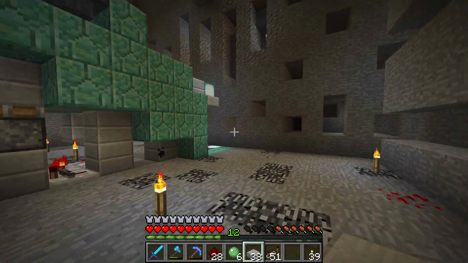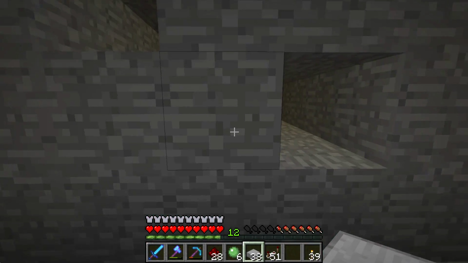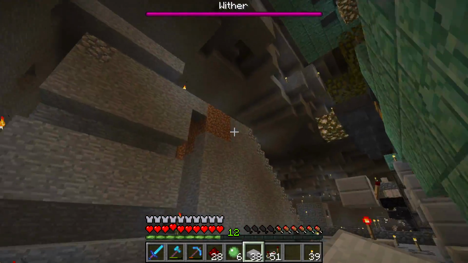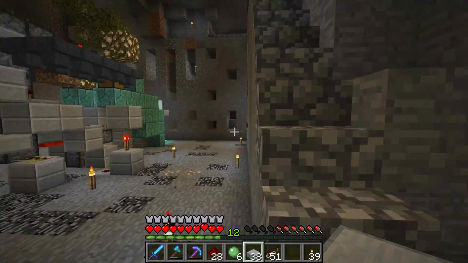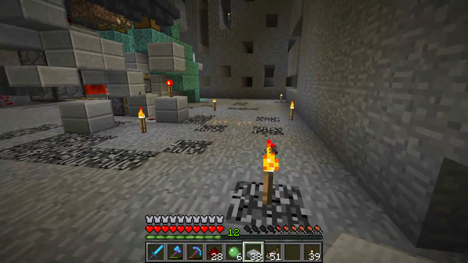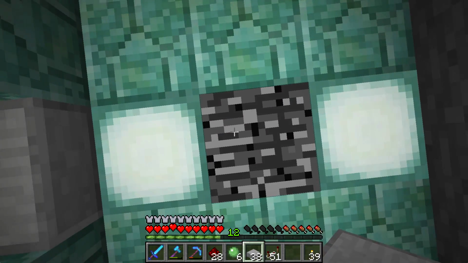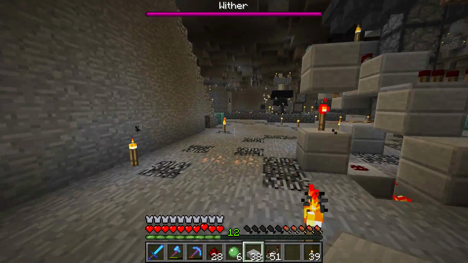What we're going to do today is we're going to come right about over to here, and we're going to build. We need to build an elevator because going up and down this ladder is way too slow. So what I've done is I've taken a note of where this block is right here. And if you come up here...